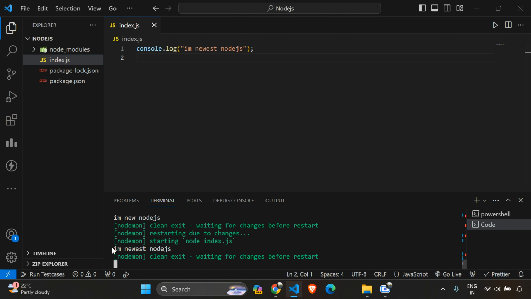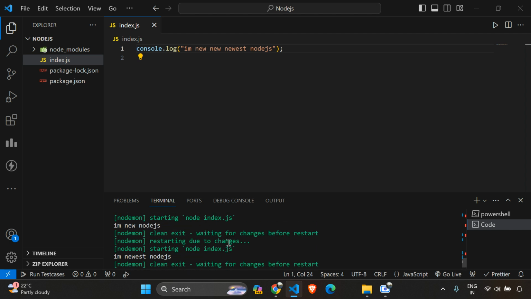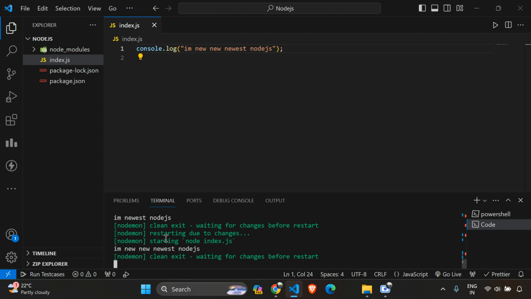Here I'm able to see "I'm node.js" over here. And again, if I write anything else over here, you can see that it has been added, and even the previous data is available. So this is something we had to learn with respect to package.json and managing these commands. Understanding these commands and why we should use them is very important.